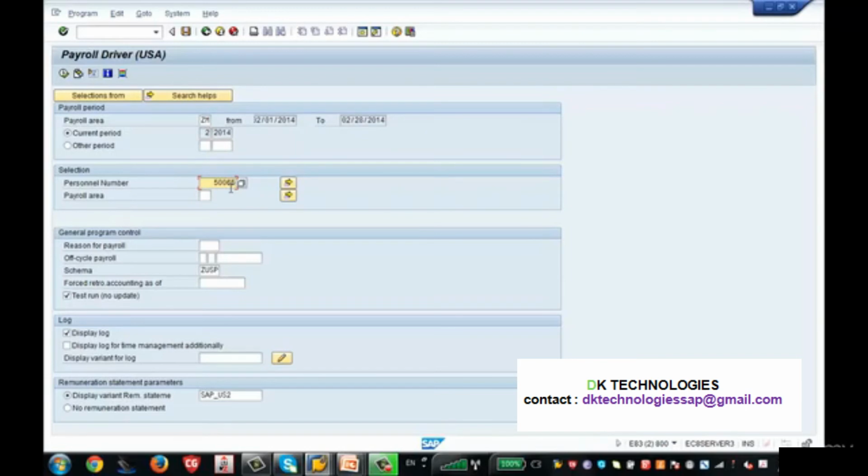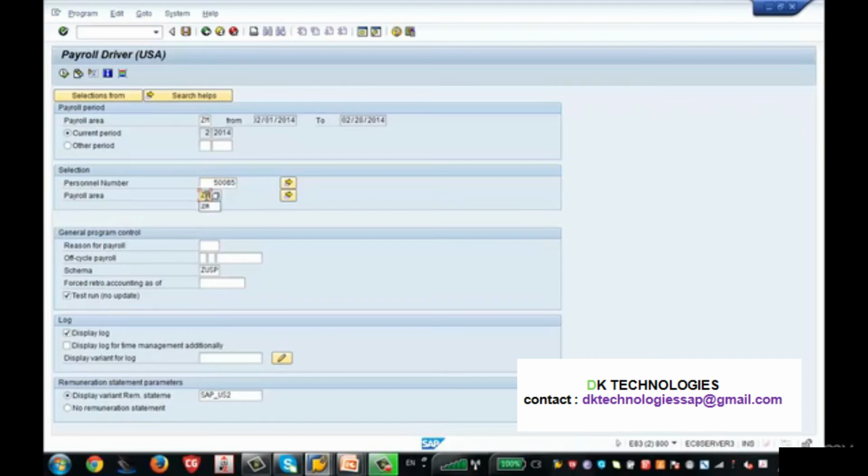This sometimes occasionally comes when you want to run off cycle, apart from the regular, like if you want to give an employee a bonus or something like that, then in those cases you run a payroll separately for that employee. But in real time, you will run the payroll for the payroll area itself. You don't even put the employee number, because you are trying to run the payroll for the complete group of people, right? But in this example, I am just trying to show you how we run a payroll for one number.